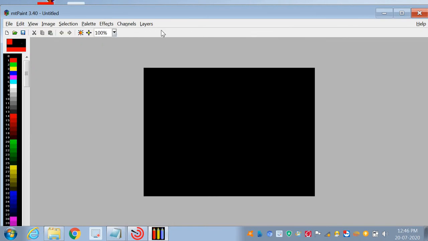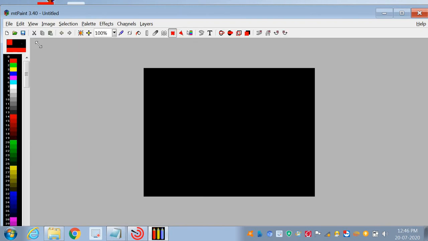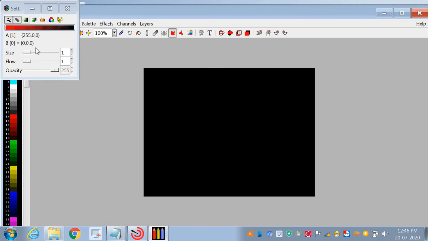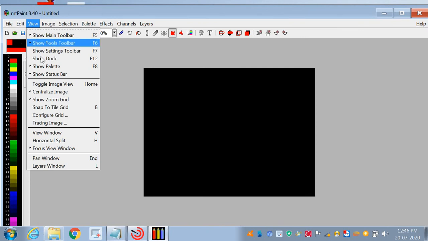It means here your toolbar is not displayed, but if I click on the show toolbar option, I can easily see my toolbar. Setting toolbar means if you want to change any setting in your toolbar, this is your option and you can easily press F7.